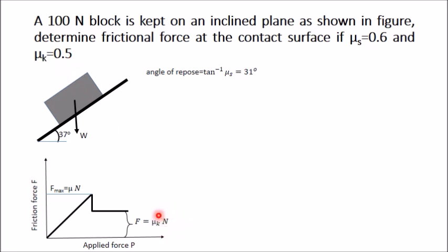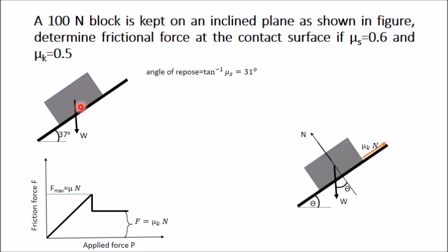This can be obtained by drawing the free body diagram of this block. I have drawn the free body diagram here. Since this block is coming downwards, one force will act here in the opposite direction, μk into N, and weight is acting in the vertical downward direction. Since this is accelerating, there will be one inertia force also, along the direction of the plane, but μk is already known and we require only N, so we require only one equation, sigma Fy equal to 0. That's why I have not applied that inertia force here. That is not required. I have resolved this W into two components, W sin θ and W cos θ.